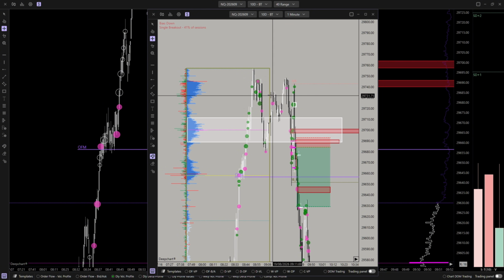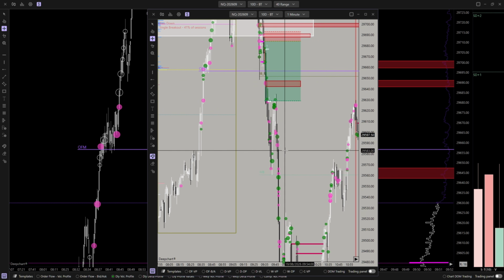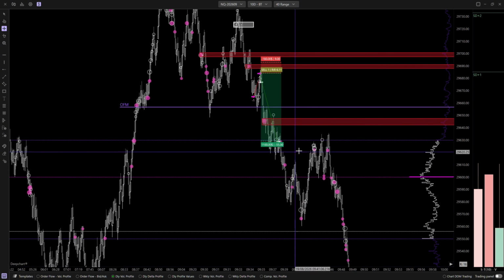And also, again, a balance. It was just a balanced rejection. We came out of balance, went up to it, used it as resistance, and pushed all the way down, used it as a failed auction. Sellers came in, and obviously buyers are being absorbed, and we pushed all the way back down. And I could have taken that trade all the way down, right? But yeah, that is pretty much the reason why I took this trade.